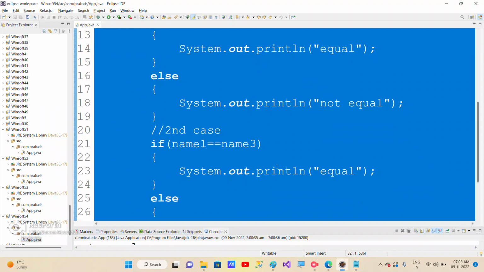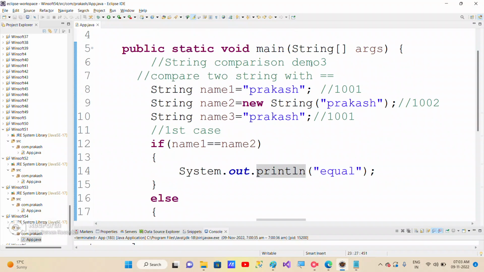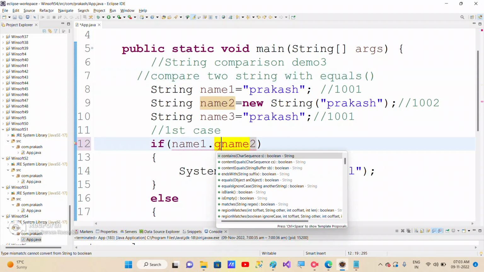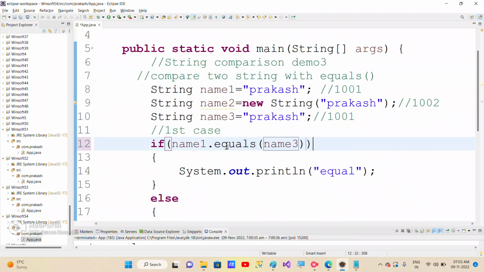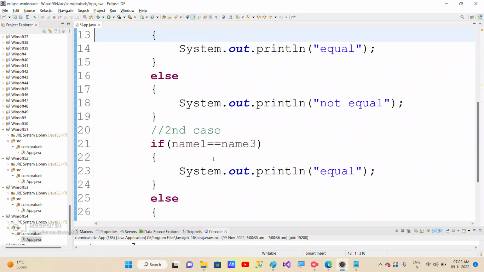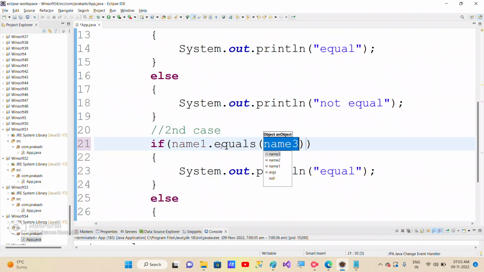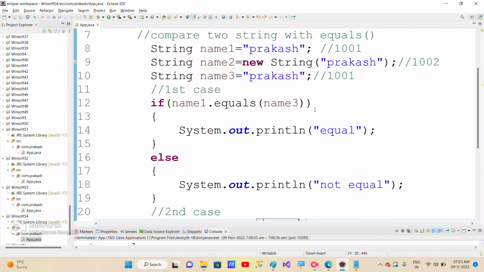Okay, now can I write the same program or replace the same program with the equals method? With the equals method we are comparing. So this time I'm writing name1.equals(name2), and name3 first. Here also name1.equals(name3). Yeah. So now can you guess the output, guys? This time,